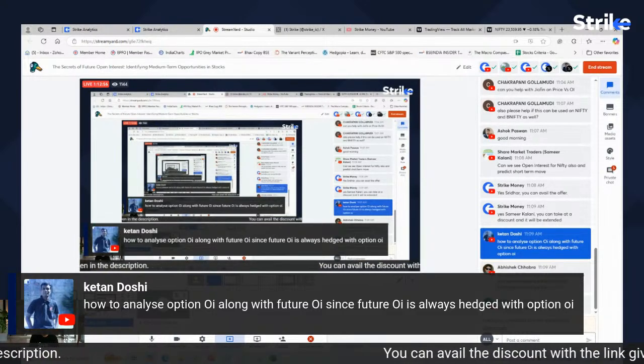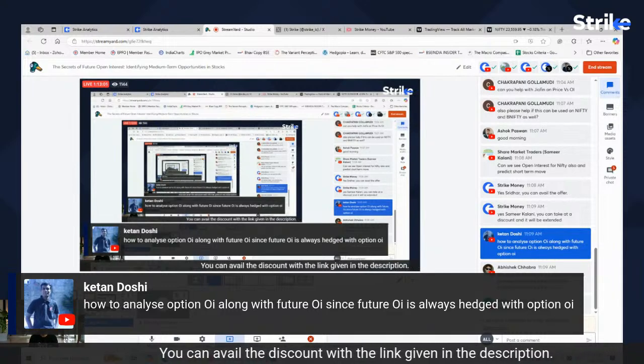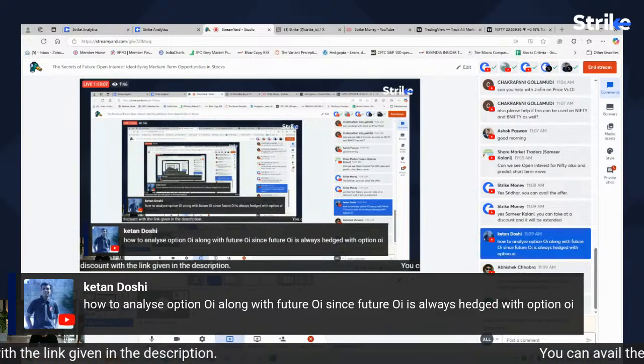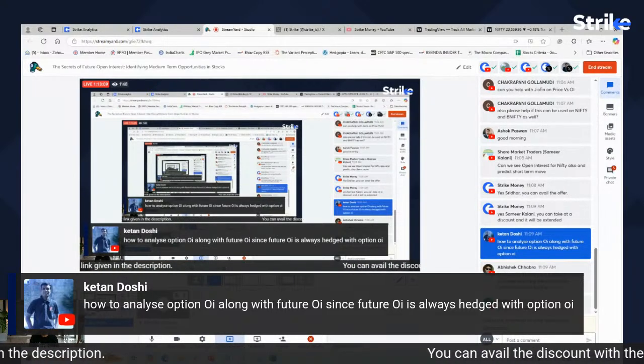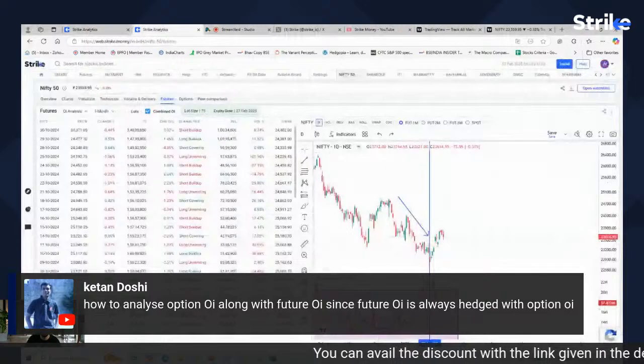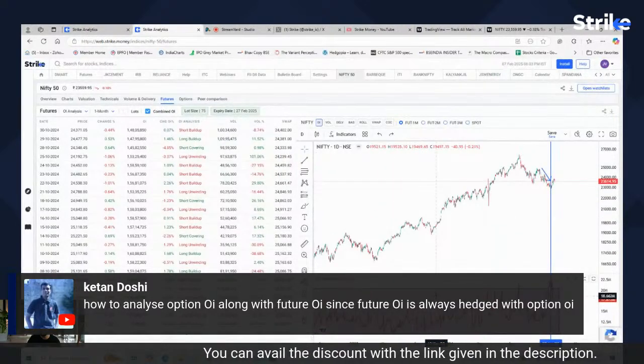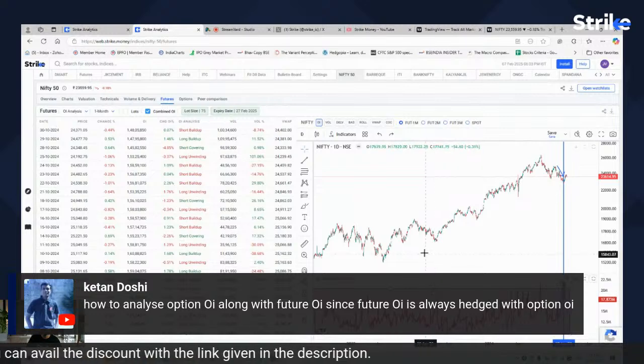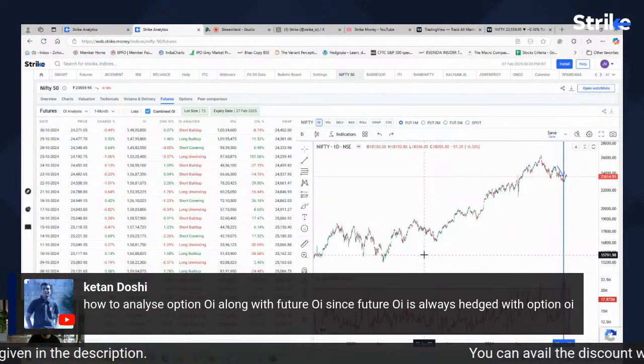जैसे कि अगर मैं लॉन्ग जा रहा हूँ, ठीक है, तो मैं पुट से उसको हेज करूंगा फॉर माय पोजीशन. I won't do it the other way around कि मैं ऑप्शंस में मेन पोजीशन कैरी कर रहा हूँ और मैं फ्यूचर्स में उसको हेज कर रहा हूँ. So that is why I feel that futures give us a lot more better trend than the options, because ऑप्शन में बहुत सारे लोग वो स्ट्रैटेजी करेंगे कि एक स्ट्राइक लॉन्ग करके दूसरा स्ट्राइक शॉर्ट करेंगे and so on.